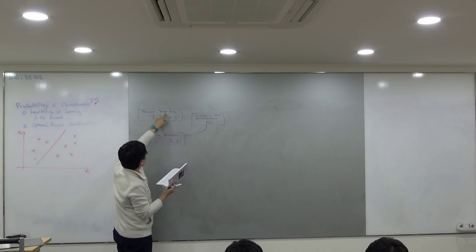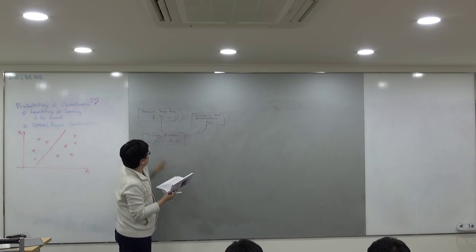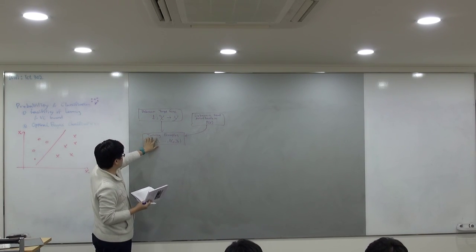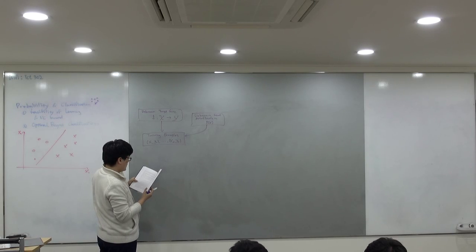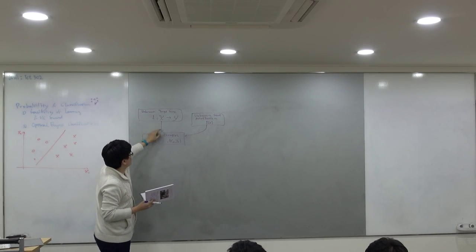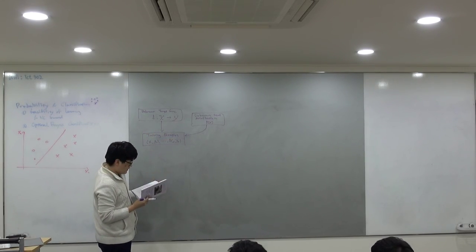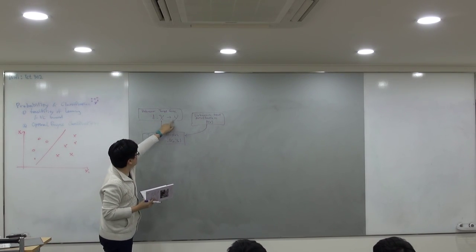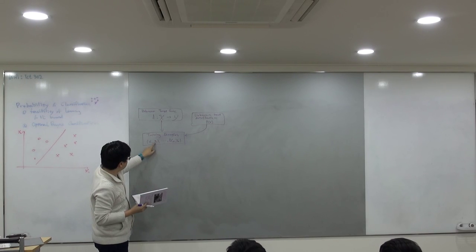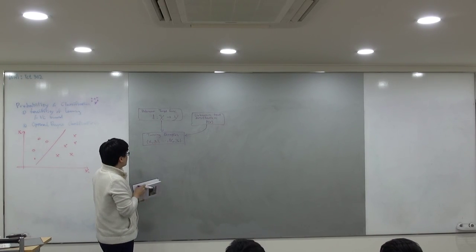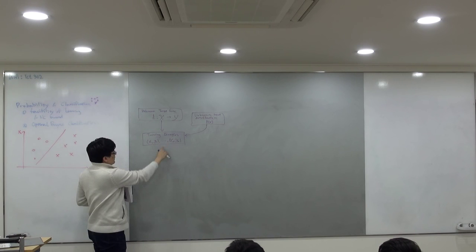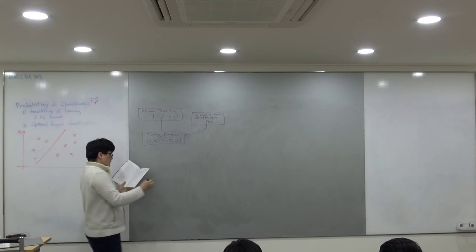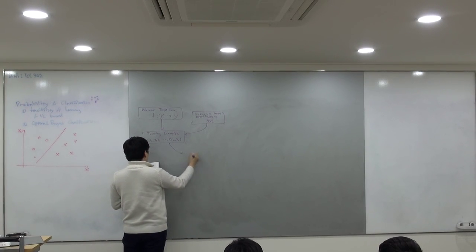And there's an unknown target function. These two are all unknown, but implicitly represented in the training examples. So there's an unknown target function. If you're given x, then f, which is unknown, will give you the answer y. So you don't know all the pairs, but you have some of the pairs, n number of training examples. And your learning algorithm